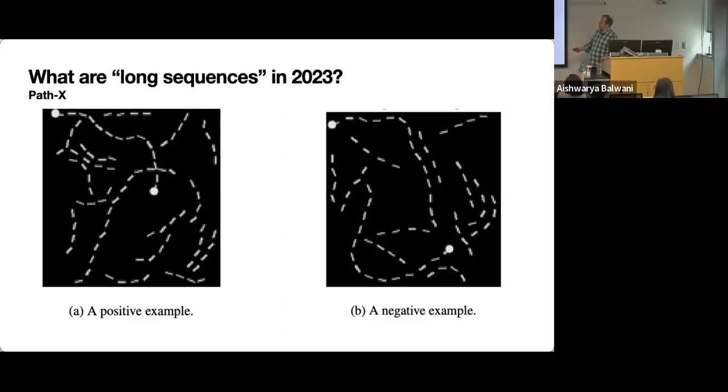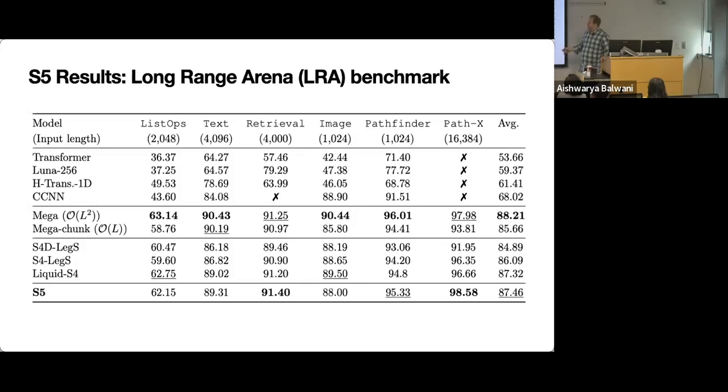And then the question is, are these 2 dots connected by a path? And here the answer is yes. Here the answer is no, they're not connected. It's actually kind of a challenging problem for me to solve looking at the image. And you can imagine trying to solve this if you just got a sequence of pixel values that is like 16,000 time steps long. So on this benchmark, transformers, state of the art in many sequence to sequence modeling tasks for large language modeling, won't even run because the context length is too large. But these state space layers are essentially nailing the problem, which is really pretty interesting.